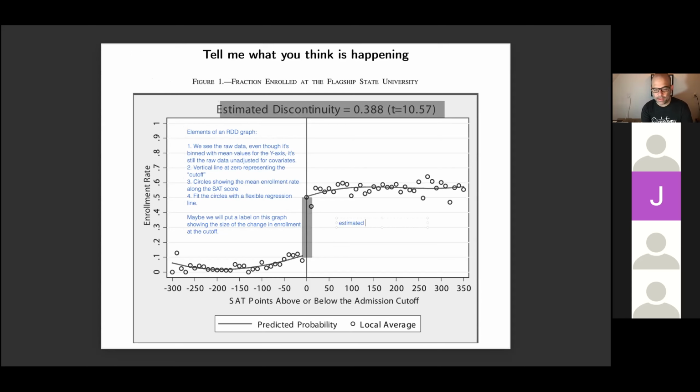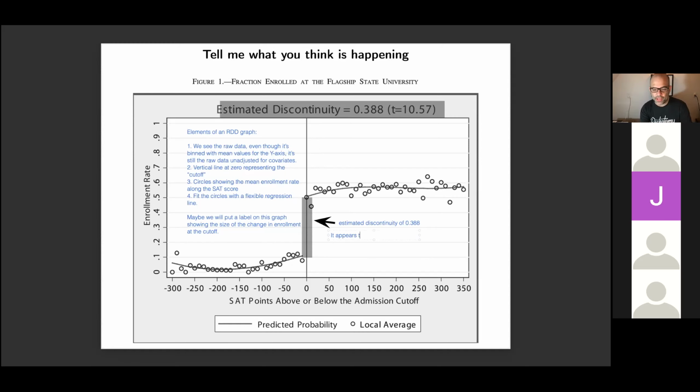That's the estimated discontinuity of 0.388. Right there. All right. So what we've got here, yes, to both of those. Both are correct. It's the trend of the average probability. It's just that it's fit with regression lines usually. But yes, you could do it with a moving average. The only thing is, the thing I want to point out here is notice